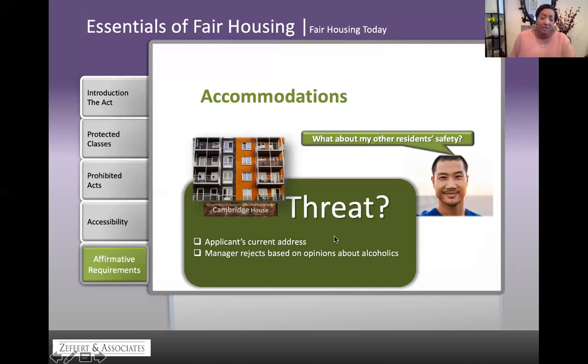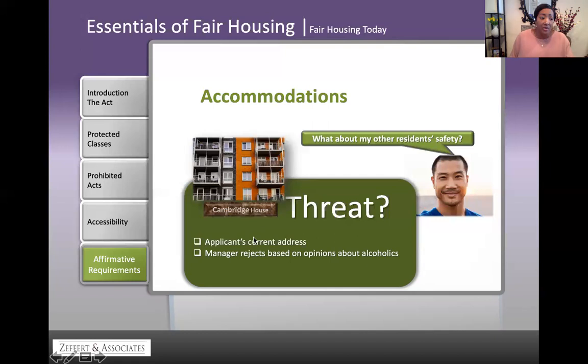Remember, the earlier slide said an individualized assessment based on objectivity and not what is subjective, what you think, what you feel based on the information that you've gathered. Look at this example too from the DOJ and HUD joint statement on page number 14. That's what this slide is about.